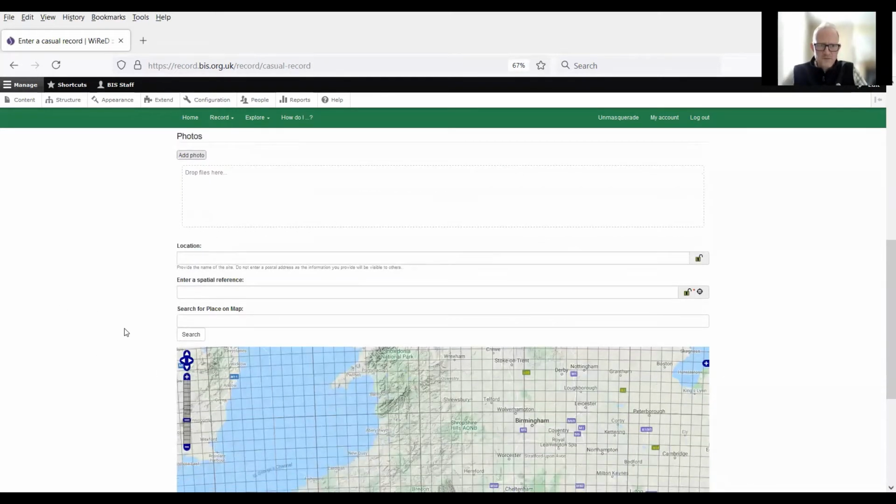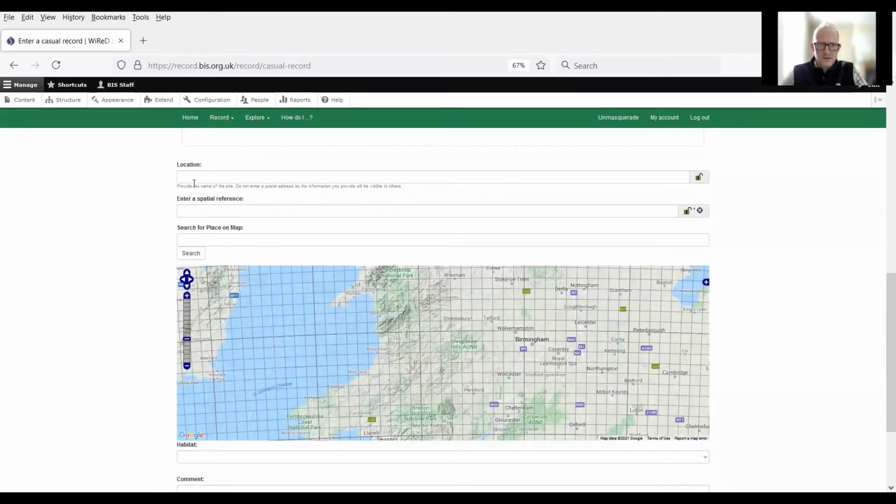The other important bit of information that we definitely need is the location. That's usually as a grid reference. Here it's called a spatial reference. A grid reference is one of various spatial references. So if you know the area by grid reference, you can pop it in there. And you can also search for a place on the map. So for example, if I search Talgarth,